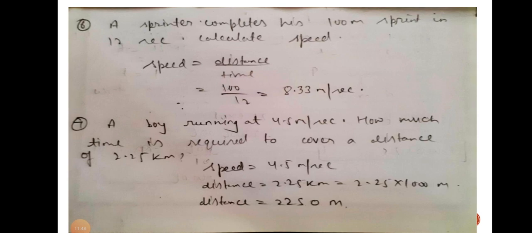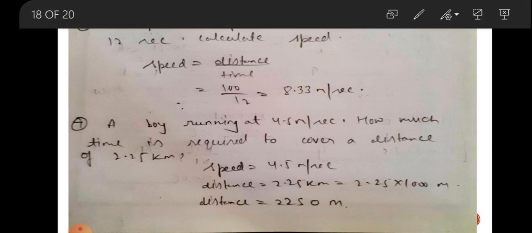In this question, a sprinter completes his 100-meter sprint in 12 seconds. Calculate the speed. So speed is given by distance upon time. Distance is 100, time is 12 seconds. Now on simply dividing, we can get the answer. Now your next question is: a boy is running at a speed of